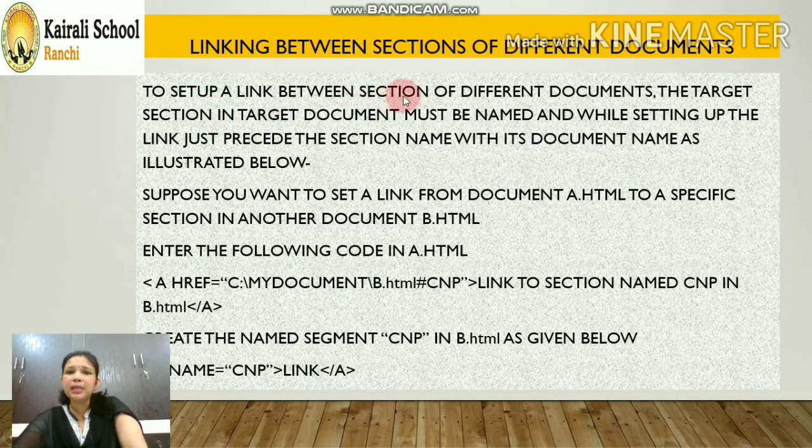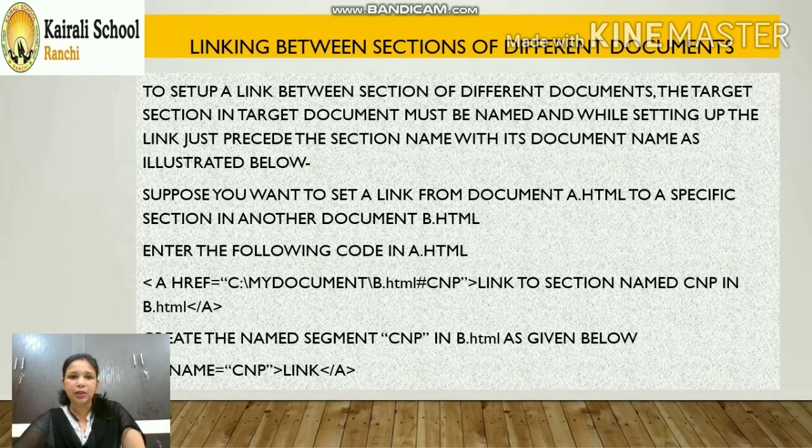So to set up a link between sections of different documents, the target section in the target document, meaning the web page which you want to connect to, we have to name it. As we had done for internal linking, the section was named. Same way we'll name the section in the target document, and then we'll write one line from where you want to jump in that document.